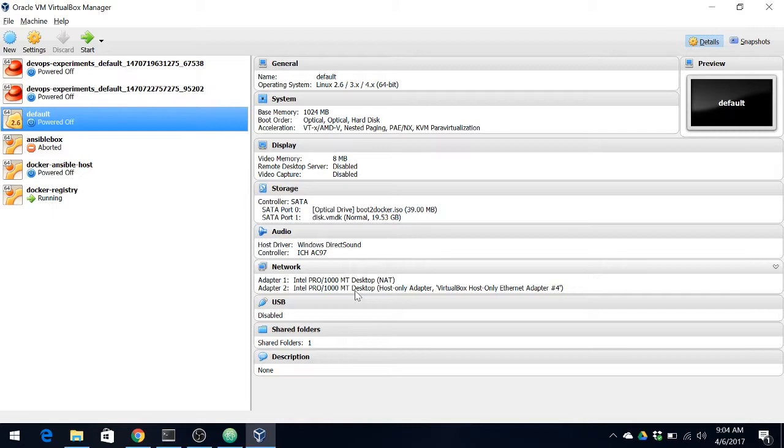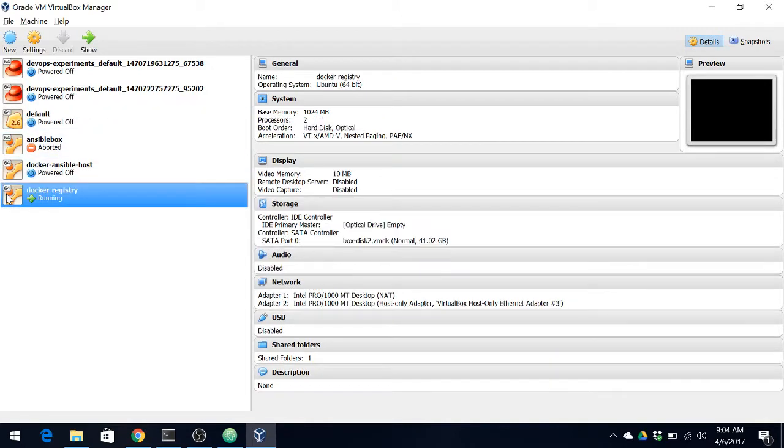Once your Docker registry virtual machine is up and running, you can see that it is running in the VirtualBox UI. Here's the machine that is running, and you can see that it is taking 1 GB of RAM, and several other details. It's using a host-only Ethernet adapter. It's not too important for us to get into the details of that, but it's running Ubuntu, and by default these VMs do not have a UI, in the sense that you will not get your full Ubuntu desktop.